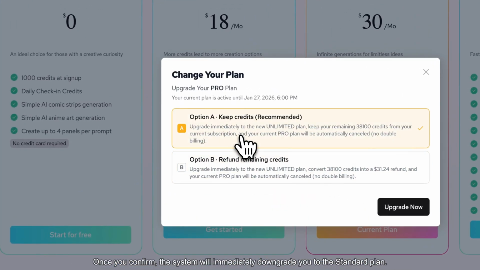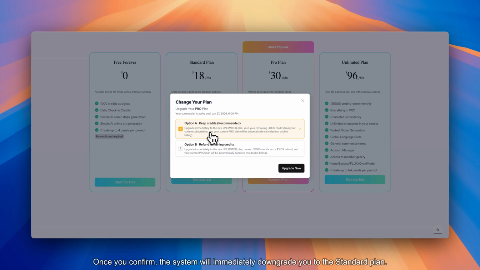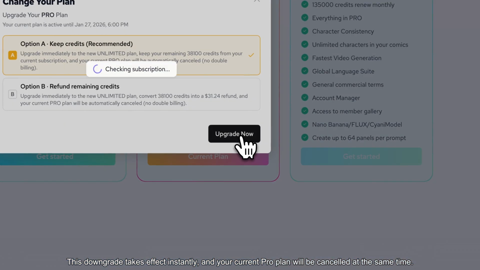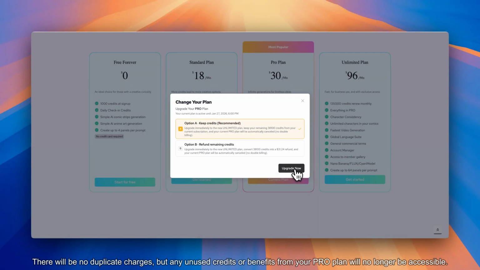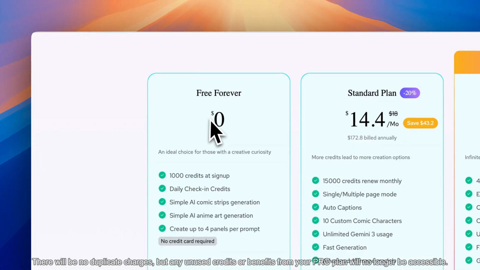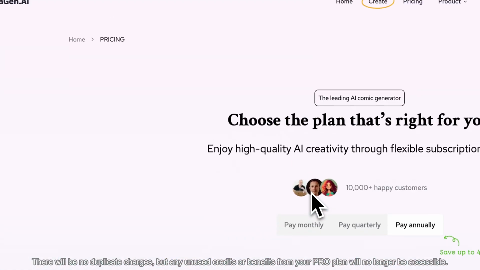Once you confirm, the system will immediately downgrade you to the Standard plan. This downgrade takes effect instantly, and your current Pro plan will be canceled at the same time. There will be no duplicate charges, but any unused credits or benefits from your PRO plan will no longer be